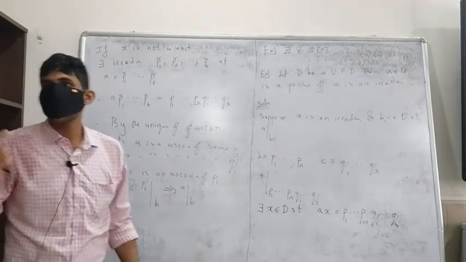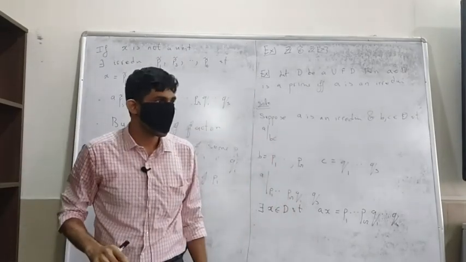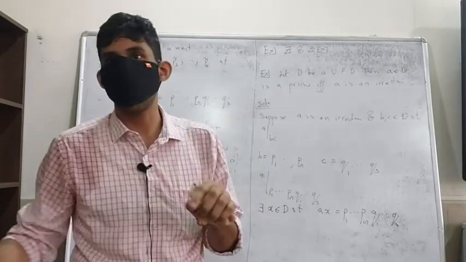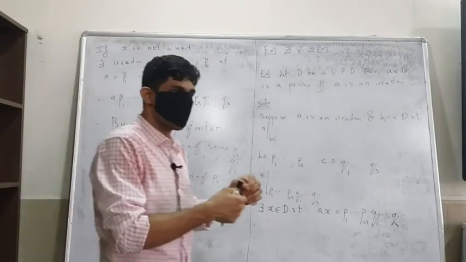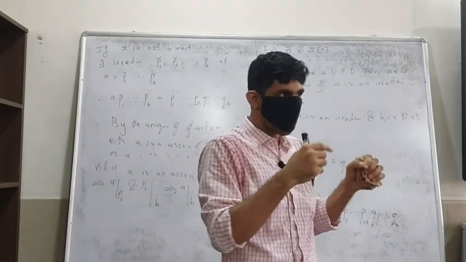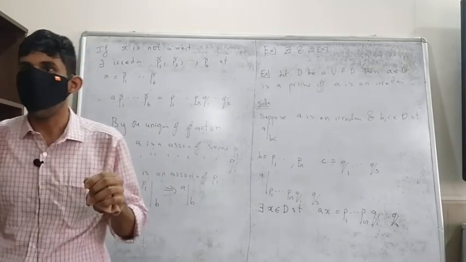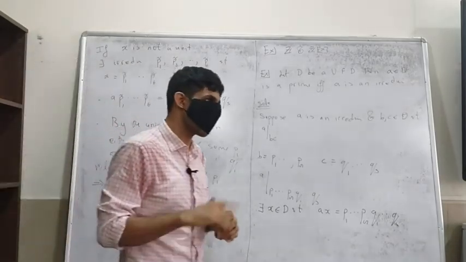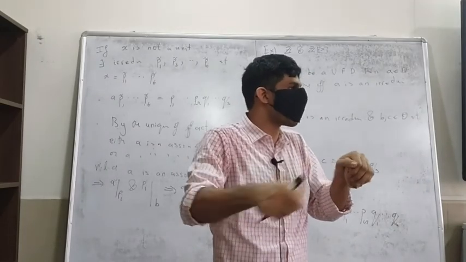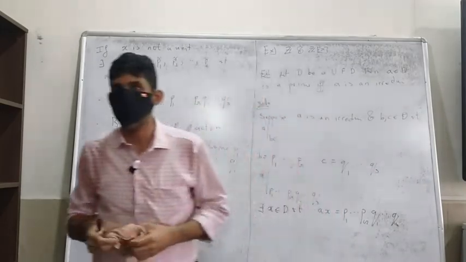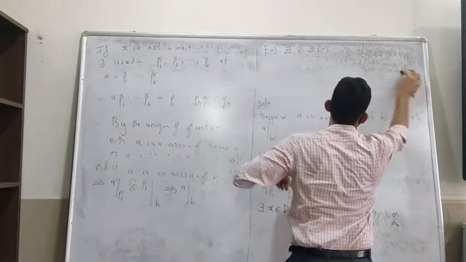What is that? That is, if P divides P1, P2 up to Pr, then P should be an associate of one of them. That's exactly what I have proved here. You can see, in a UFD, if P, P1, P2 up to Pt are all irreducibles, so that P divides P1, P2 up to Pt, then P should be an associate of one of the irreducibles. This is essentially what I have proved here.